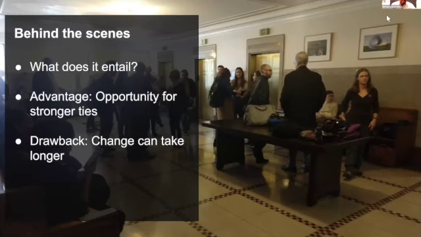So let's begin by discussing the behind the scenes tactical style, where advocates tend to work in a more low-key manner to achieve the changes that they want to see. What does it entail? Working behind the scenes primarily involves working within the system to identify a path forward and pursue it. This often involves working through existing channels and having meetings that don't generate much in the way of headlines, but are still oriented towards a lasting change.